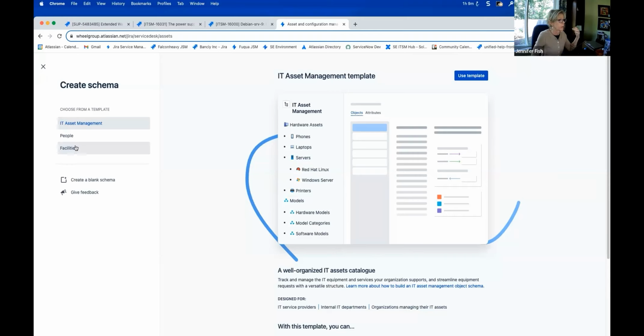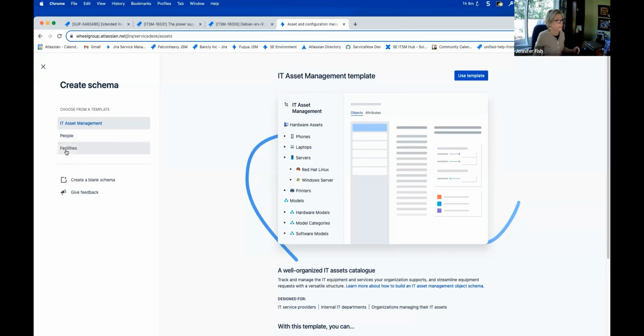So that's one aspect: we want to know what facility or what location this is in. And then also with regards to asset management, who has it, who has custody of this asset, and what department is responsible for this asset. So you also have the people portion of it. Those are some really important building blocks. So when you start to look at building out your assets and your configurations, think about what the different pieces are that are important to track. Start real simple, and then you can always add in more.